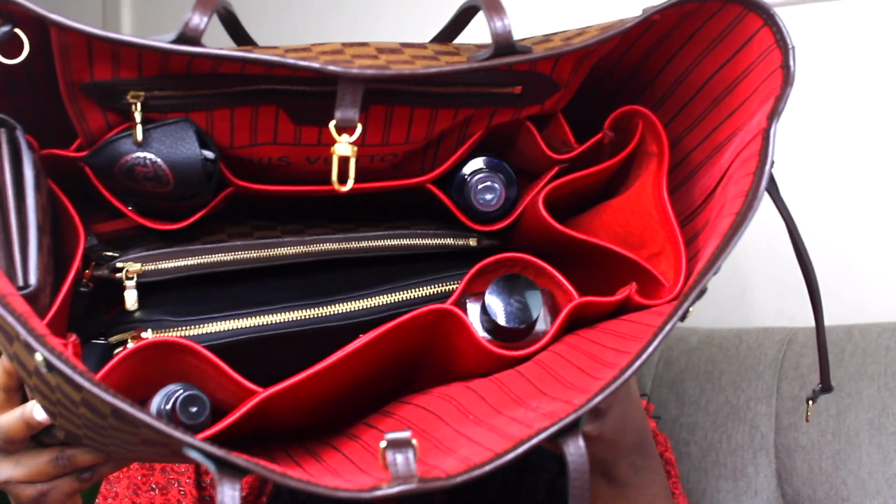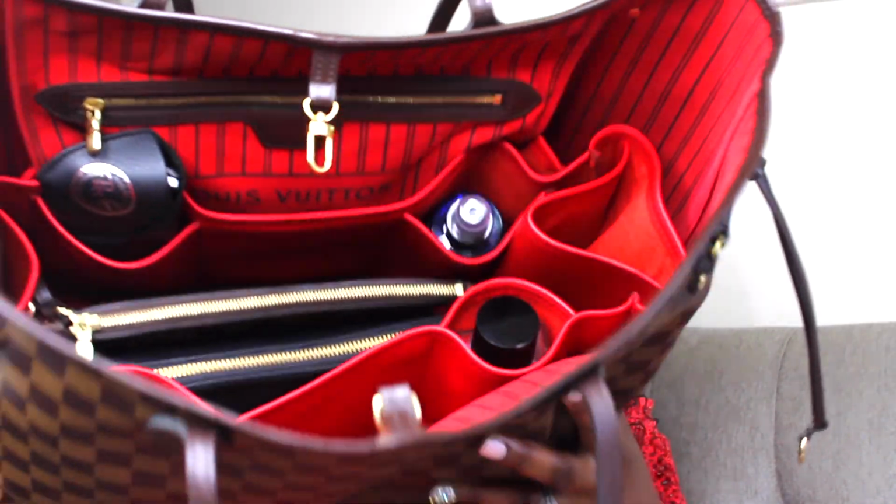organizer, and she showed it in her bag, and it wasn't the red one, but that was the review that sold me. And so I know there are people out there who want to purchase something, but they're like, man, I wish I could see a review before I purchase it. So if you're interested in purchasing this Tote Savvy Deluxe, and you don't know if you really want to purchase it, just know that this material,